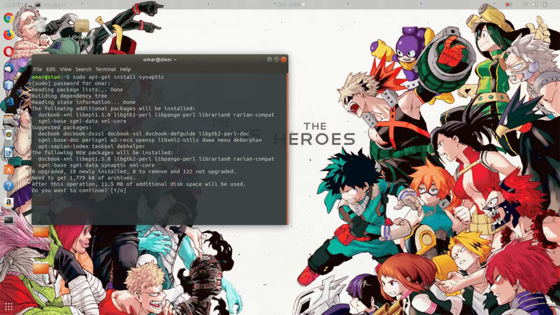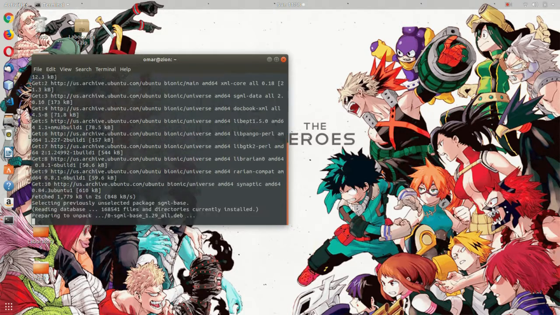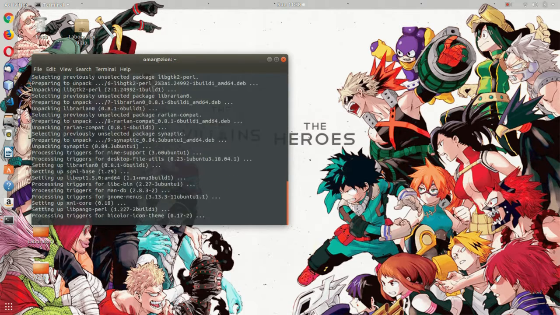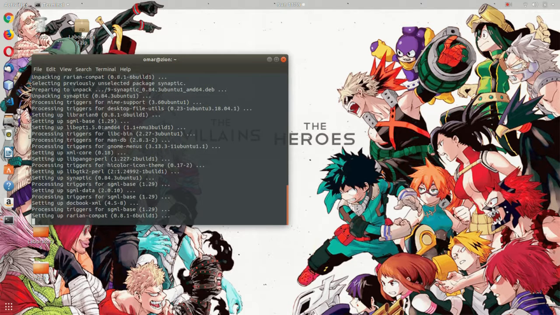To approve it, it's just going to ask you if you want to continue, yes or no, which you will hit either N if you don't actually want to install this application, or Y if you do want to in fact install this application. So we're going to hit yes, and it'll begin downloading the application for you and installing it. While that's doing that, I can show you how to install another application through the second method,